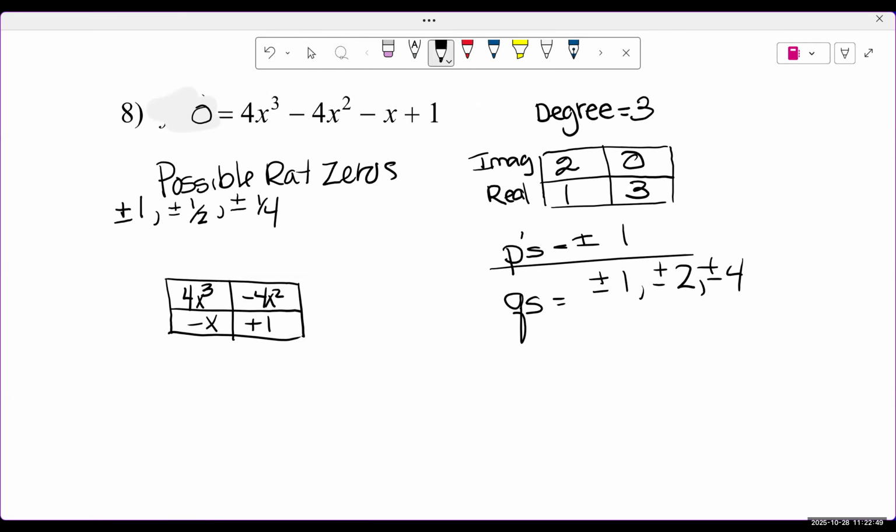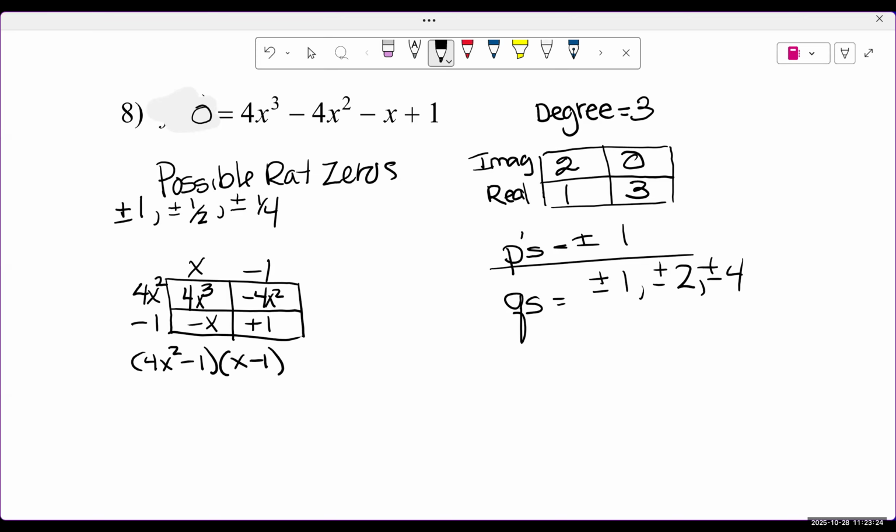So what if we put our 4 terms in a box and let's see if we can factor it. Top row, I can see they have a GCF of 4x squared. 4x squared times x is 4x cubed. 4x squared times negative 1 is negative 4x squared. x times negative 1, negative 1 times negative 1 is 1. So I could see that this factors into 4x squared minus 1